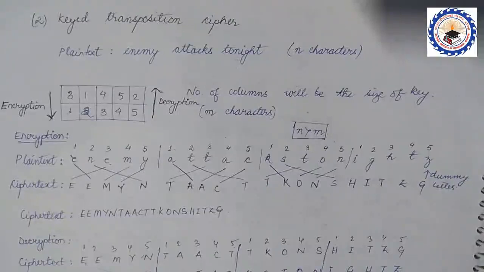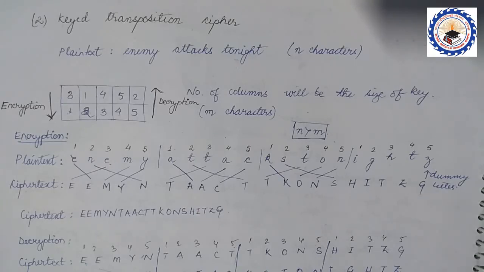So let's see another type of transposition cipher. This is the key transposition cipher. We have already learned about the keyless transposition cipher. By the name itself, in the key transposition cipher, a particular key will be given, or an order, or how to perform the arrangement of the plain text. The particular method will be given, and by using that method we have to perform the encryption and the